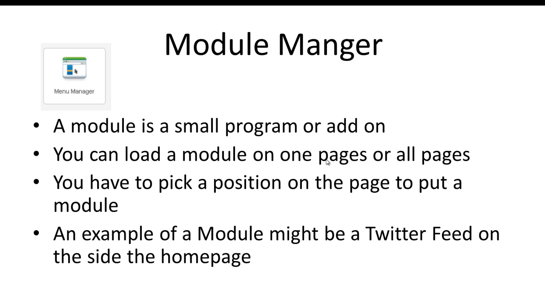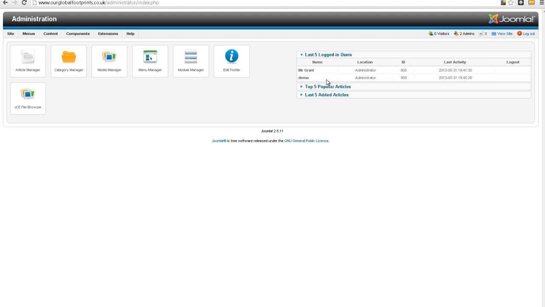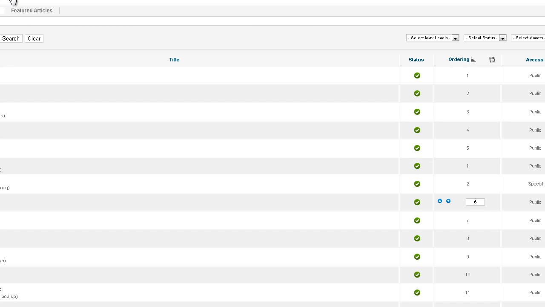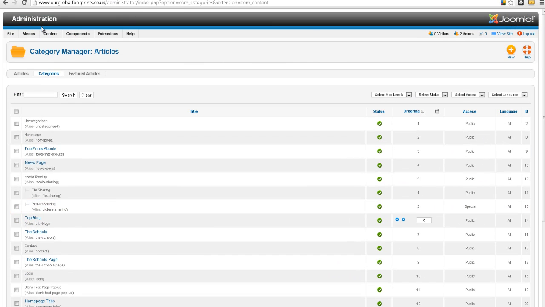So let's head over now and make a sample page for our website. The first thing we need to do is log into the back end of our site. And there we go. Here's our back end. Let's head over to the category manager just to look where we're going to store our article. And here is the category trip blog. So this is where we want to create a new article and we want to store it in the category of trip blog. So let's go back to the main screen